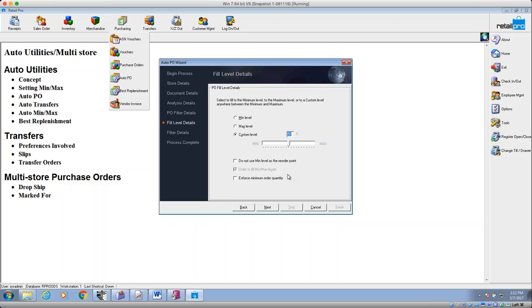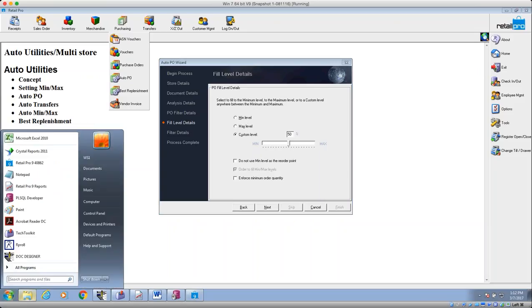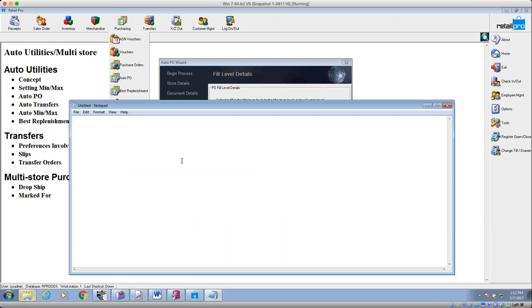So I like to have a max because min is the threshold. This is kind of important. Min is the threshold typically. So let's just do some math here. Let's do some goofy math. Let's just write things down so that we're all on the same page. Let's say we have a min of 10 and our max is 20. Let's keep it simple for all of us. And let's say our on hand is